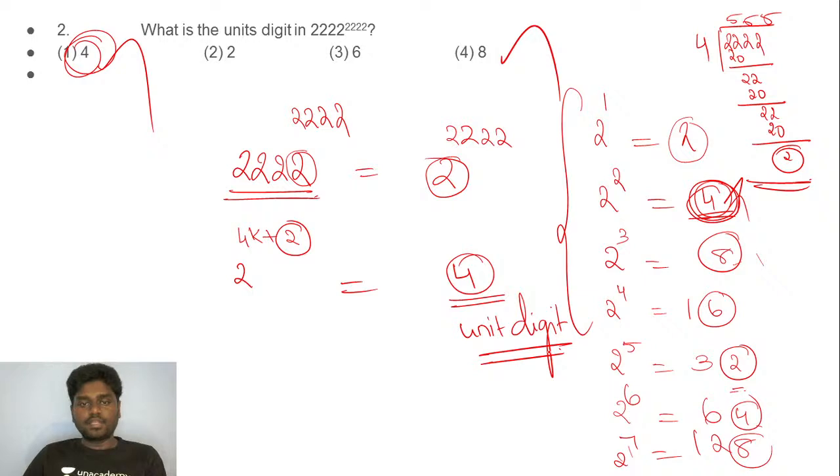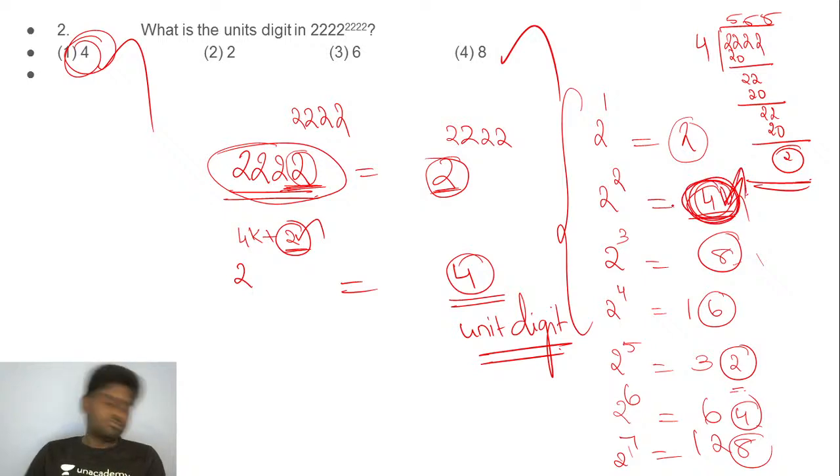Clear? A very simple question. Nothing to complicate here. Listen very carefully. I know the fact that in every 4 terms, the unit digit repeats cyclically. If that is the case, for 2222 power 2222, anyway, you are having the unit digit to be 2 here. So definitely, I can say this will be equal to this. So ultimately, if I try to find that, I'll be getting the remainder 2. So if it is remainder 2, it will be the second unit digit, not the first one. So the second unit digit is ultimately 4.